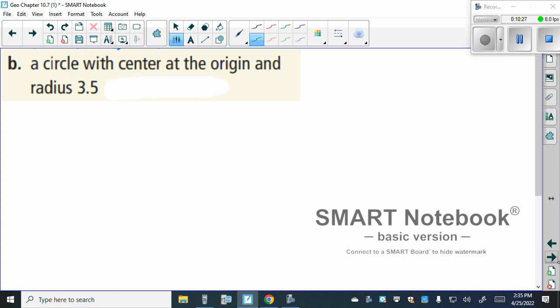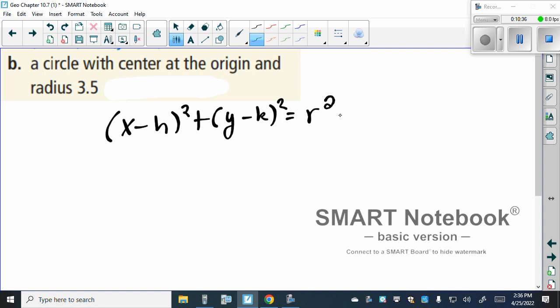So a circle with a center at the origin and a radius of 3.5. So (x - h)² + (y - k)² = r². With this one here, what are the values of h and k? Because where's the origin? At the center of the graph, which has an x value of 0 and a y value of 0. So we're saying that we have (x - 0)² + (y - 0)² is equal to